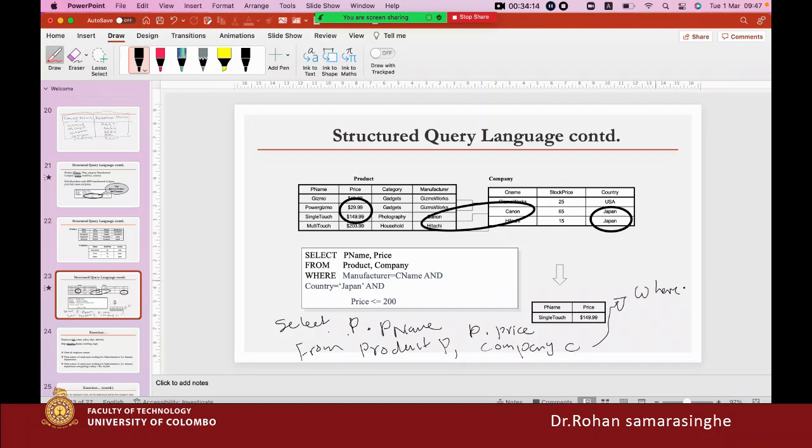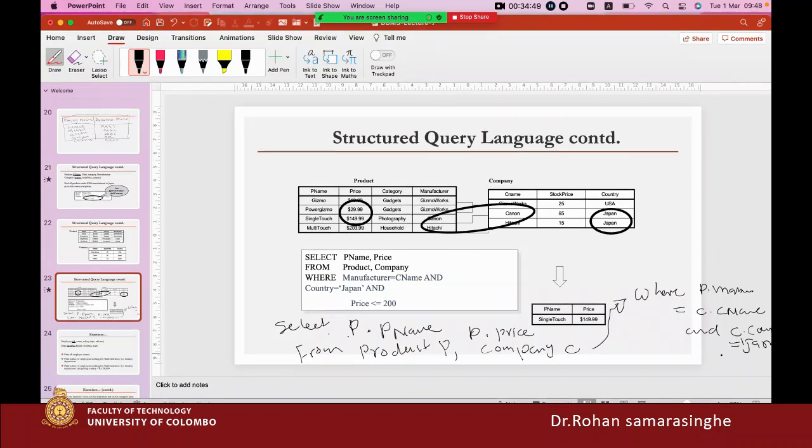where manufacturer is P dot manufacturer equals C dot C name and C dot country equals Japan, and price P dot price less than 200. So if you use this one, you may not have any confusion to understand, and you